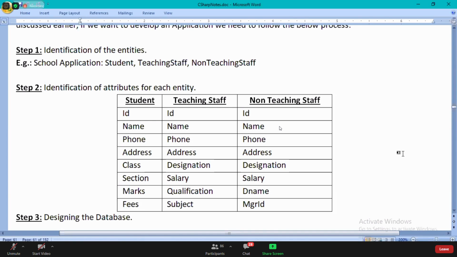What next, guys? The next step here is to create an application.